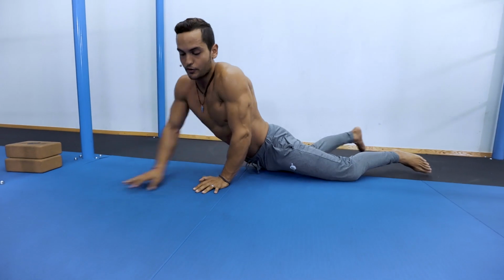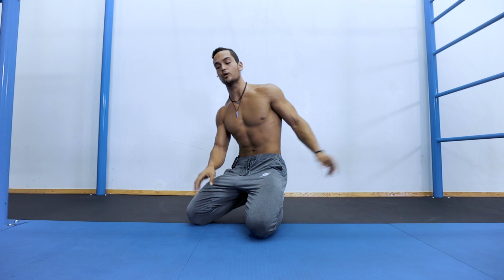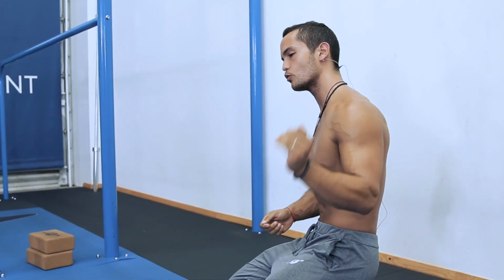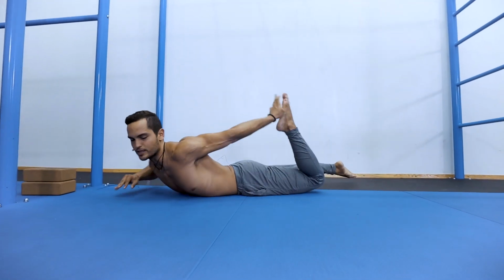I will use this variation for a couple of weeks until your body begins to open up, your quads begin to naturally open up, and then you're able to do the version at the wall. If you're unable to reach with the hand on the prone version, I would recommend that you grab a strap, and even if you can grab the foot, the strap will allow you,